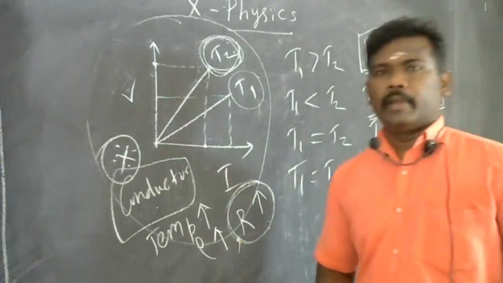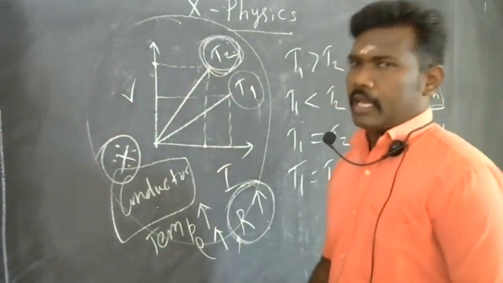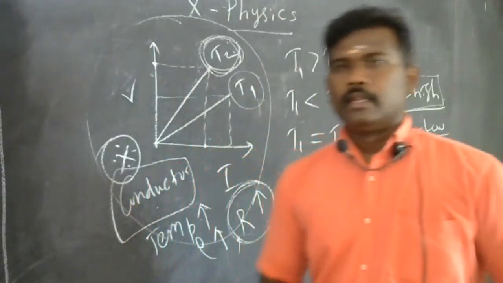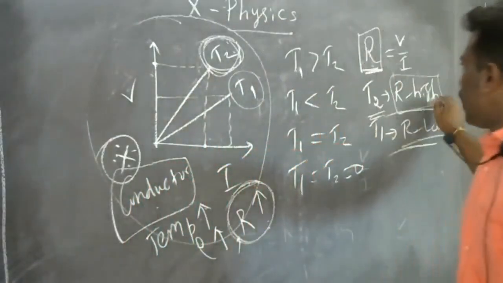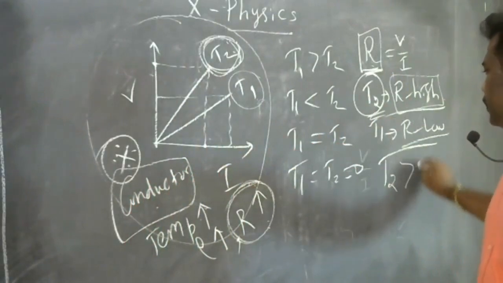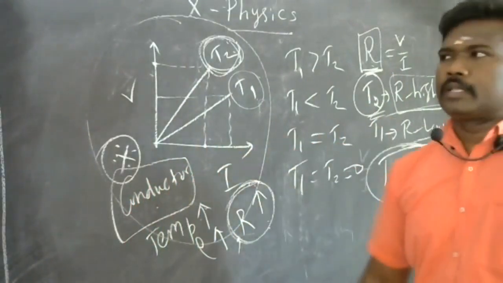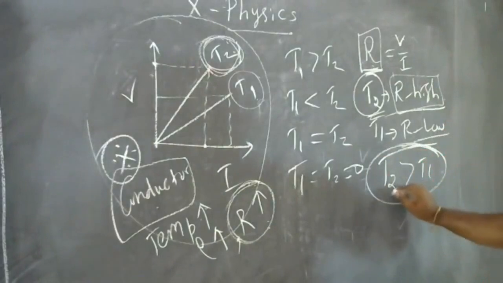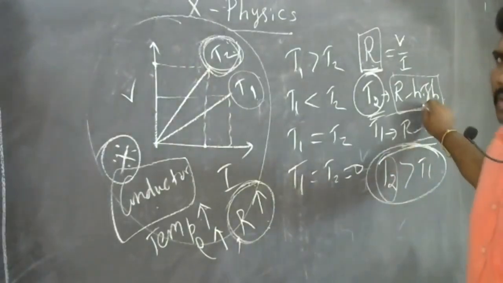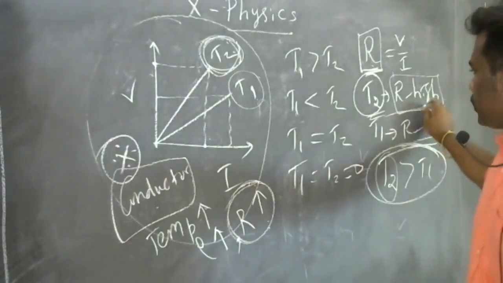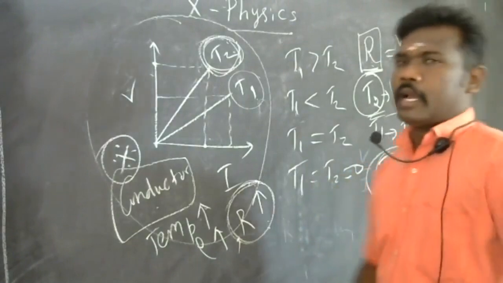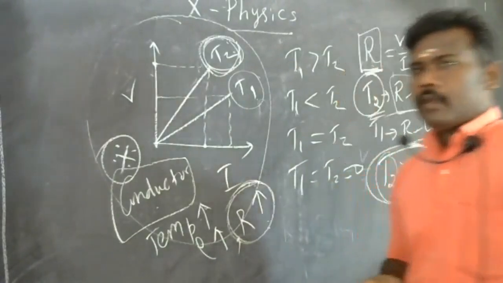This is a conducting material. So when you increase the temperature of a conducting material, definitely the resistance is high. So R is high for the temperature T2. So T2 is greater than T1, because this temperature has a higher resistance of the particular material. So R is high means T2 is also high. So this is one way. At least you concentrate in this way.